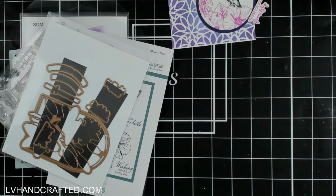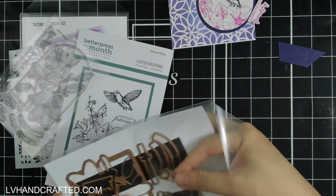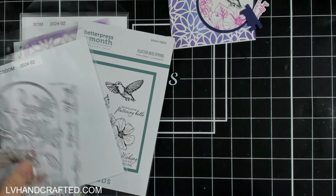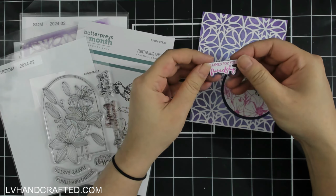Even though for my card today, I could have just as easily inked the entire panel and it really wouldn't have made a difference because I'm covering it with cardstock anyhow. But just to show you the technique and also give you an idea for how you could use this as a flat card, I decided to just leave it in as is. And to complete my card, I've also pressed out the hummingbird from the Better Press Club,